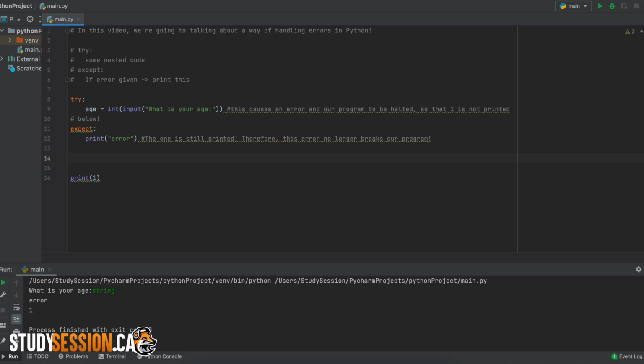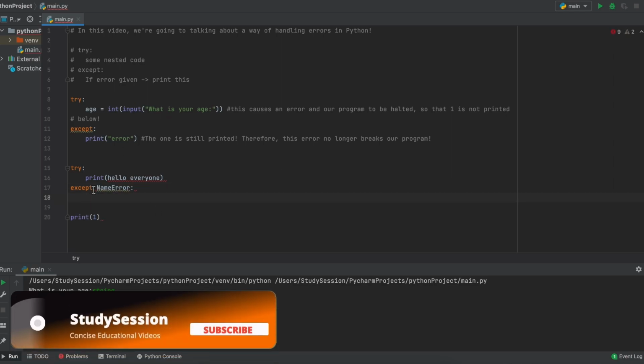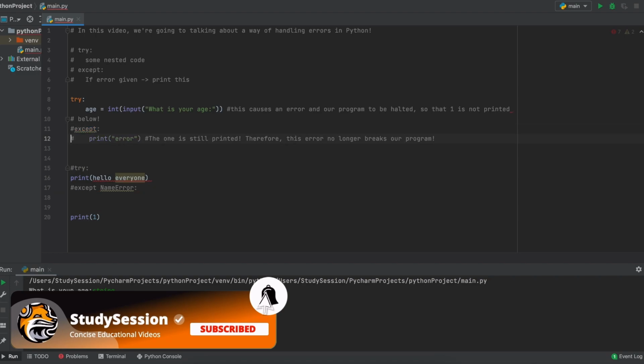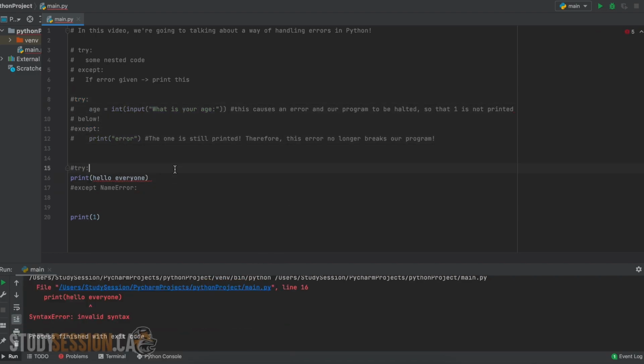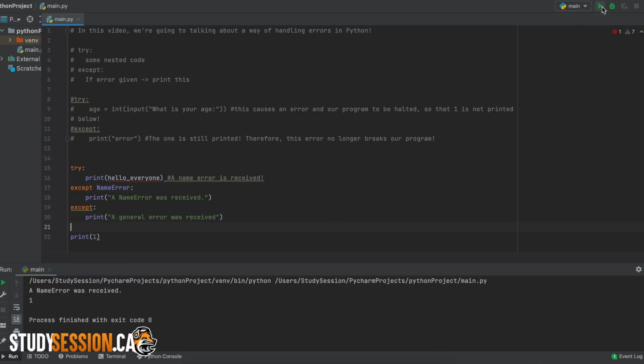Well, we can use these except blocks of code to anticipate potential errors from our users, meaning we can assign certain outputs based on the specific error that a user has caused. So, if we go into our try section here and try to print a simple statement and forget our quotation marks around the strings, for example, we will receive a name error since this variable is not defined. Now, when we add in our try and except blocks, we can see that we receive a name error back out as this is the exception that was triggered.